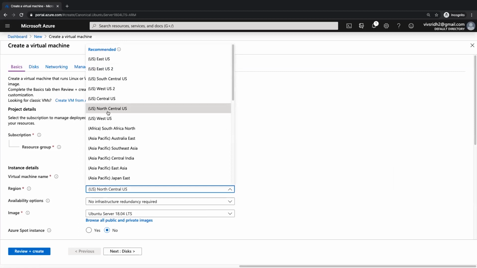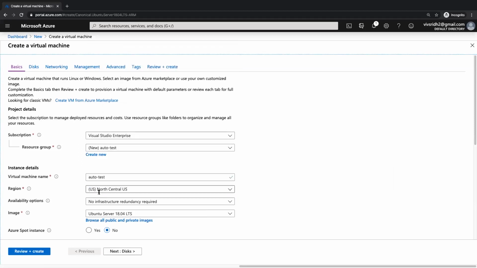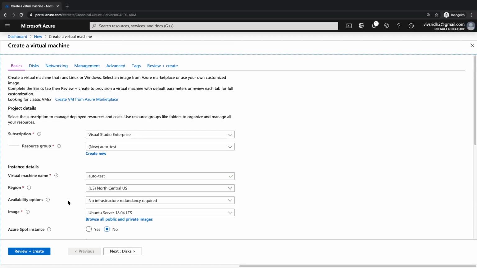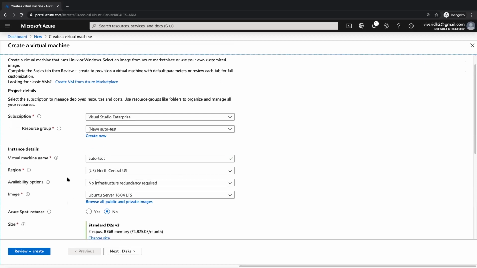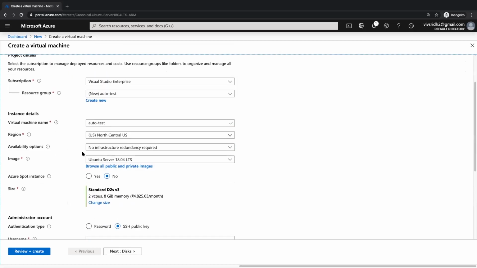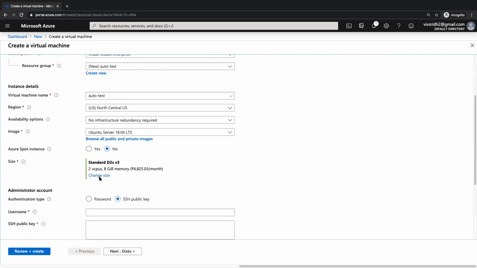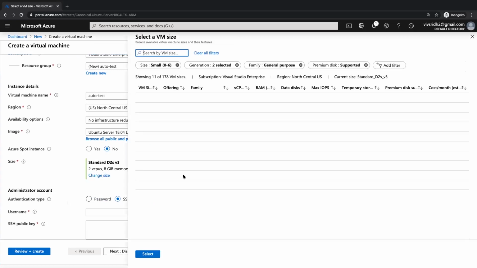So you just have to click on the size, and you can filter it out, ascending order and descending order, and choose the services which you want to choose. So that is from the creating a virtual machine perspective. There are a lot of other things which you need to provide. There is the password, the inbound and outbound services, and then if you see this, there is a disk,